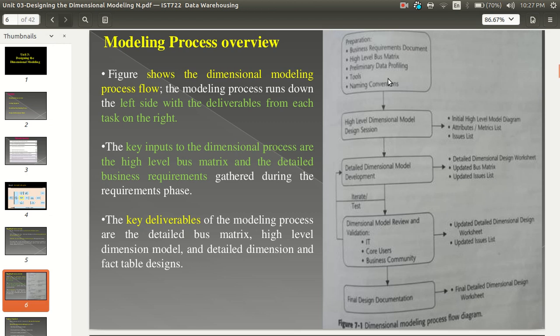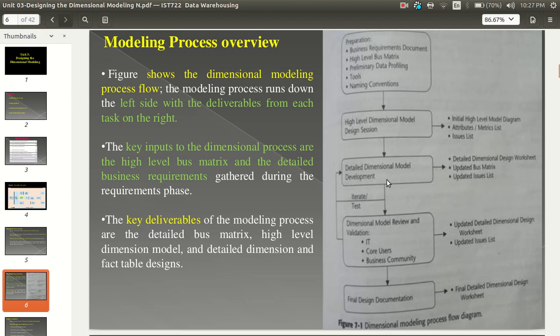So input, this is the flowchart. So input for that block to the detailed dimension development. That block output is the detailed dimension design worksheet, then updated bus matrix, then updated issue list.